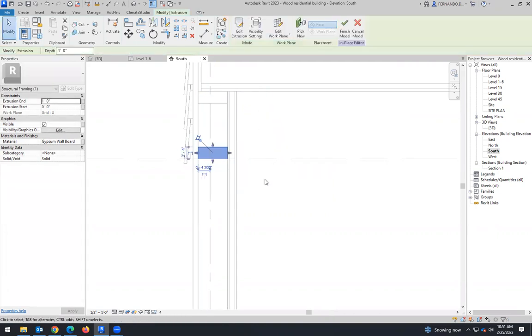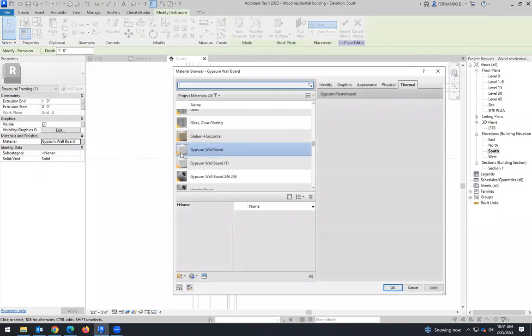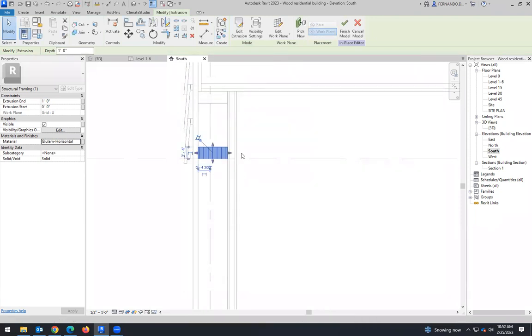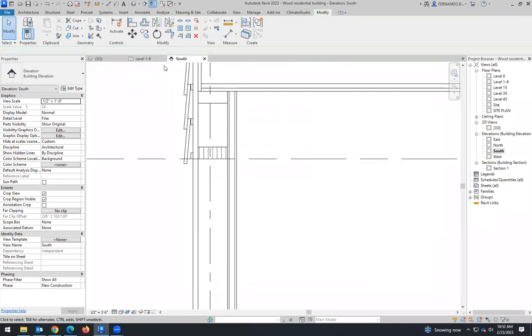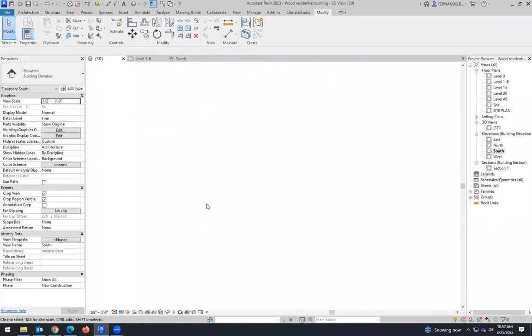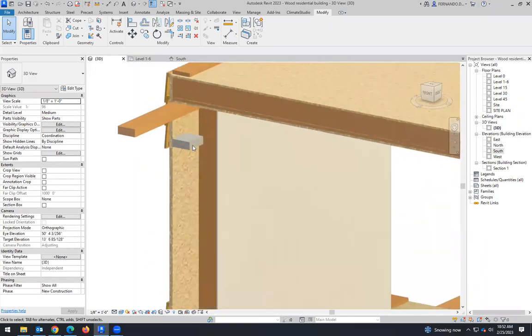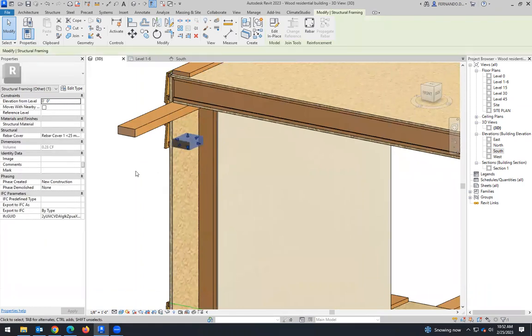And there you go. And now this is not gypsum board. This can be made of any wood, glue laminated wood or softwood or whatever. Okay, any wood. And we finish the model. And now we have to look at this from, say, the 3D view. It's here. And we have to put this between